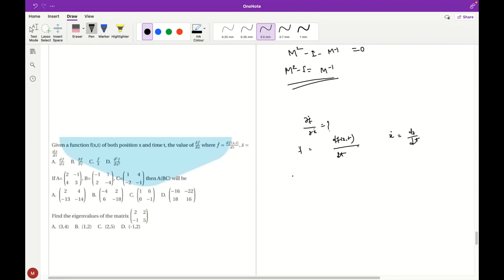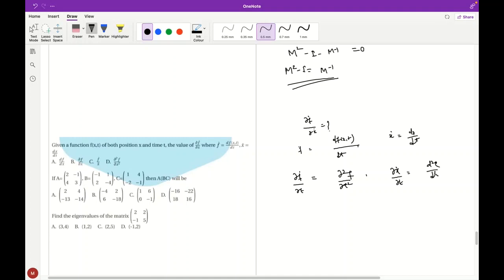So apply del f dash over this again. You will get del square f over del t square, and del x dash over del t gives you d square x